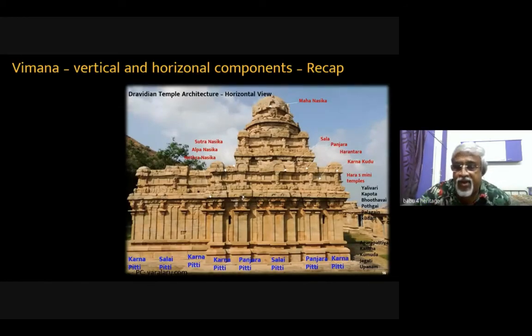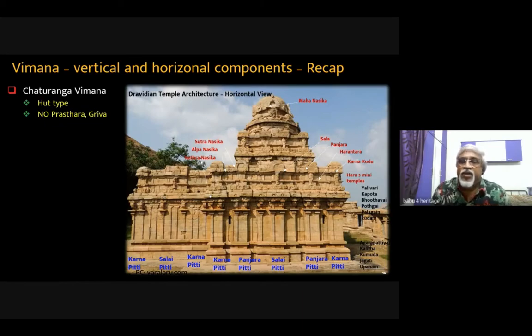So we also talked about the partition, vertical partition or the Rekha. So this is Salai Pati. And in the center, you have 2 Panjarapatis adjoining this. On the corners, we have Karnapati. What they have done is, they have extended to Ardha Mandapam the same structure. So there also the same Pati structure follows. In Ardha Mandapa also we have Salai Pati and 2 Karnapatis.